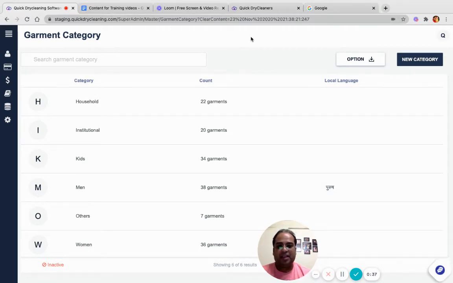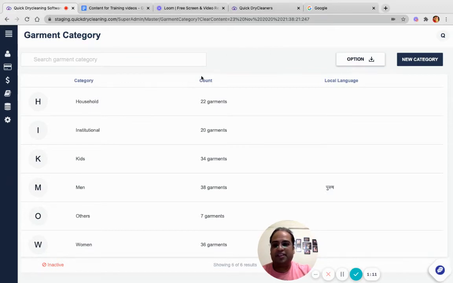And another important use is, by default, we cannot have duplicate garments. It means, for example, if you have a shirt and you have two different prices for the shirt, maybe a shirt for retail laundry and a shirt for hotels done at different pricing. In this scenario, you can manage the same two garments in two different categories.